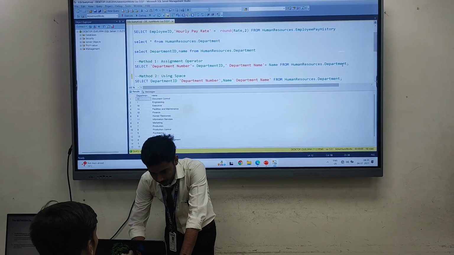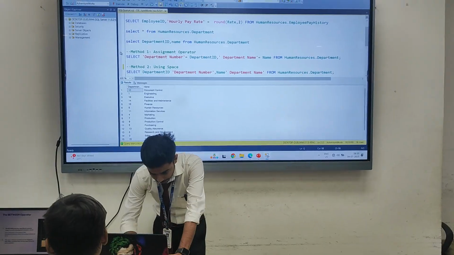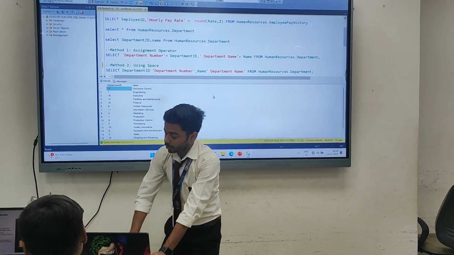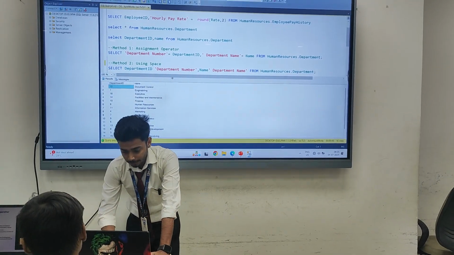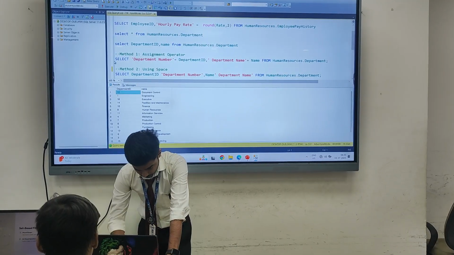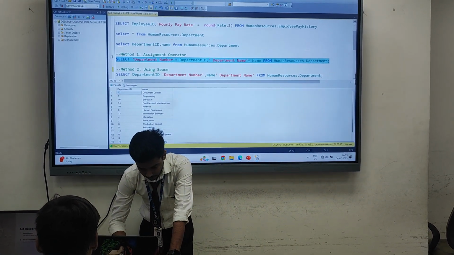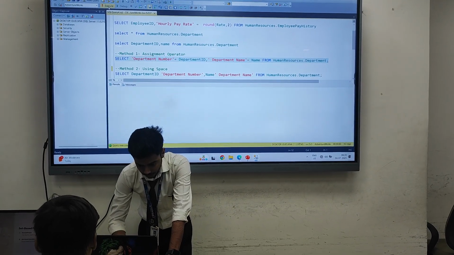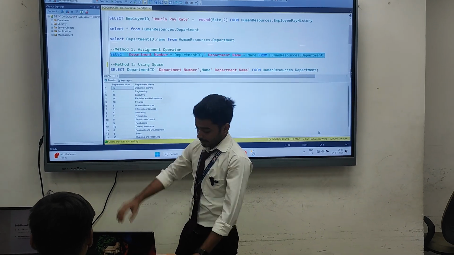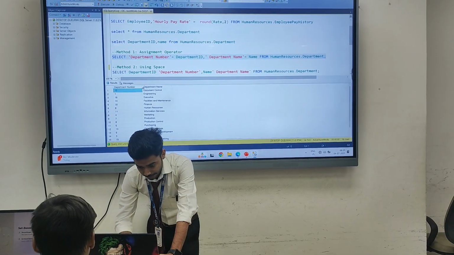Here we are going to define the first column as a department. Here we mention department ID. We are going to give the alias department number, and name for department name. So here we see that the department ID becomes department number and the name becomes department name.